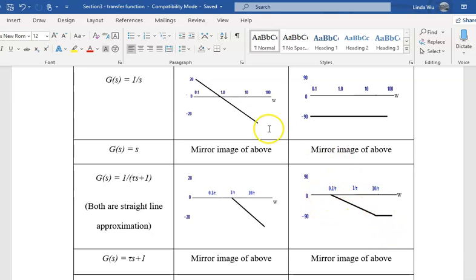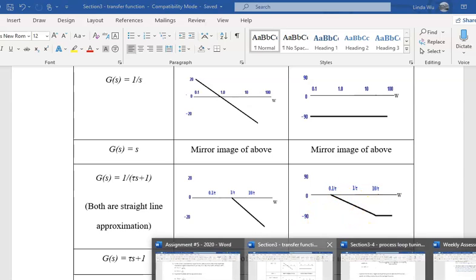For the first one, make sure you get this tau and calculate this value. Then you can add these two together, and that's your overall Bode plot. Similar for the second question, which is also 2